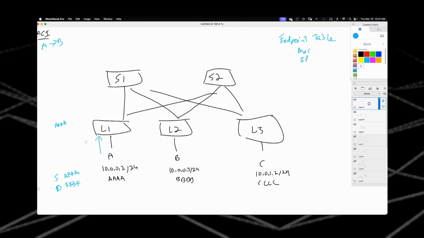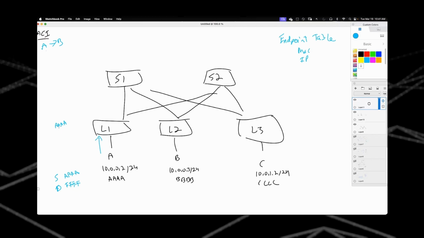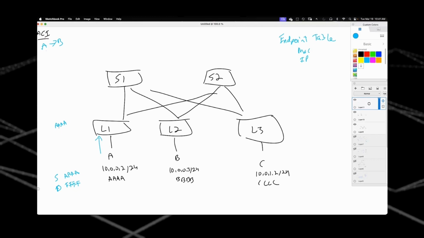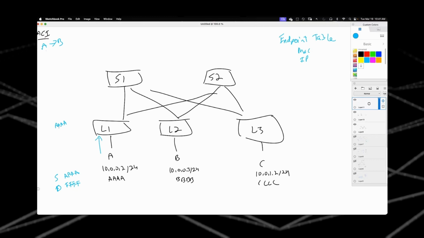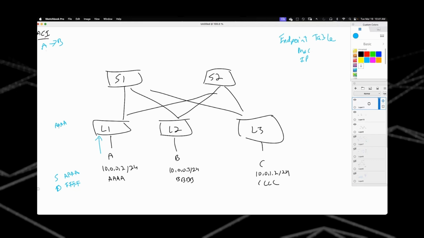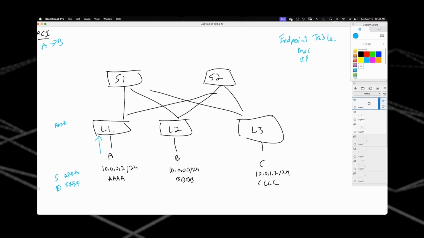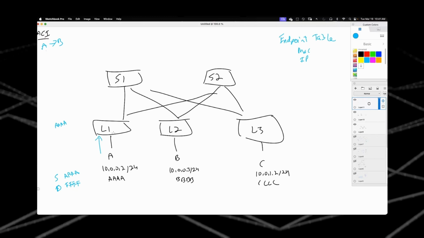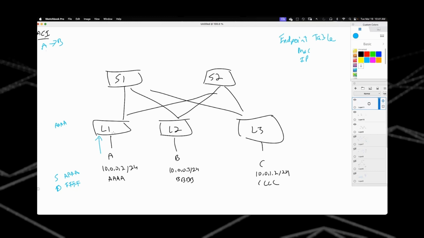When it receives a layer 2 frame, then it's going to learn the MAC address. If it receives an IP packet, a layer 3 packet, then it's going to learn the IP address. Once the leaf learns about endpoint A being connected to it, it is then going to send a